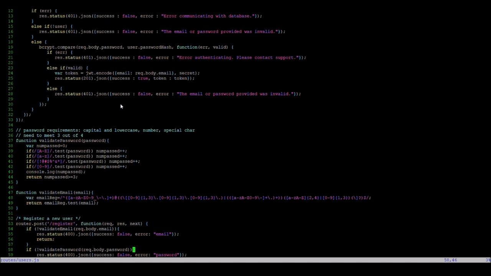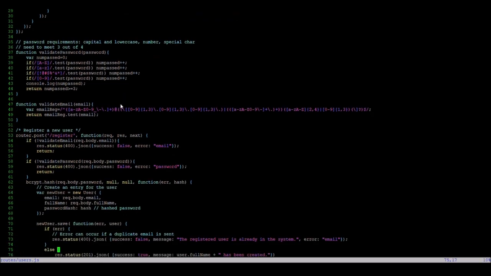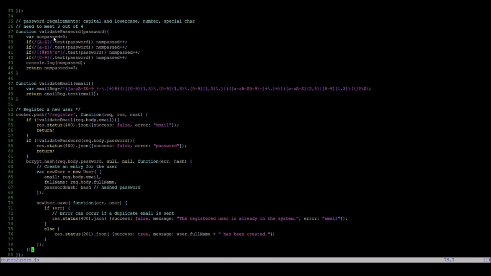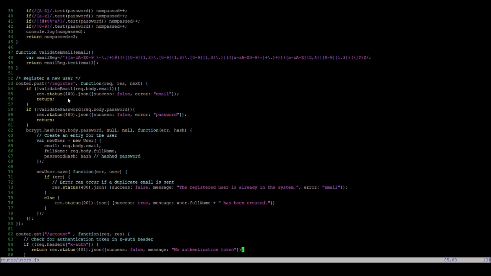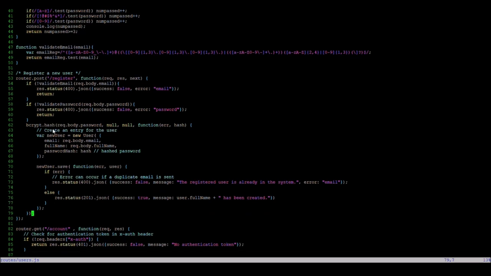And so when the user wants to register an account, they'll access this endpoint, the /register endpoint, which uses these 2 functions, validate password and validate email, to validate the fields required. And so for validate password, you'll notice that we require capital letters, lowercase letters, special characters, and numbers, and you have to pass 3 out of the 4. And validating the email requires the email to match this regex. And so the register endpoint validates the email and password. Upon validating the fields, Bcrypt will hash the user's password and create a new user to store in our database,